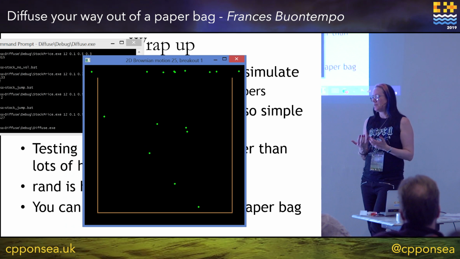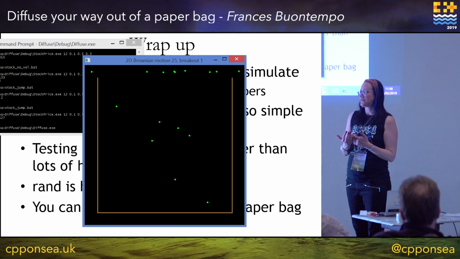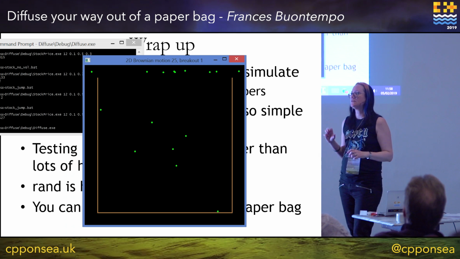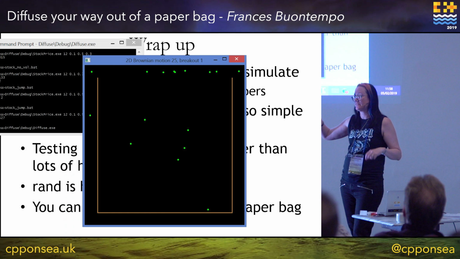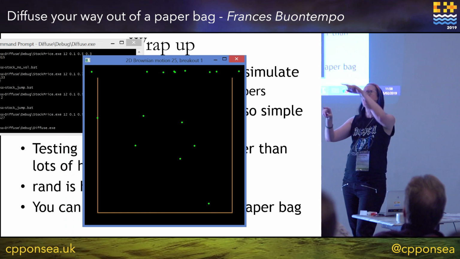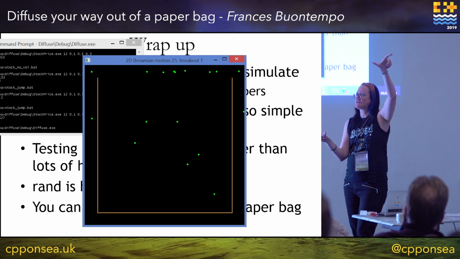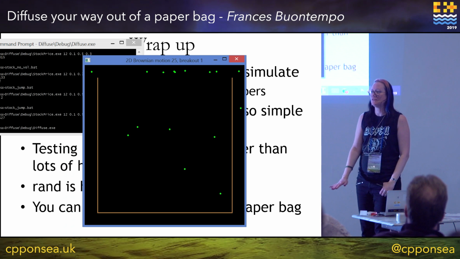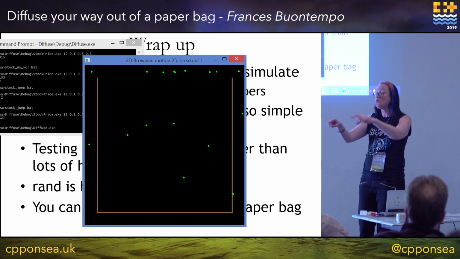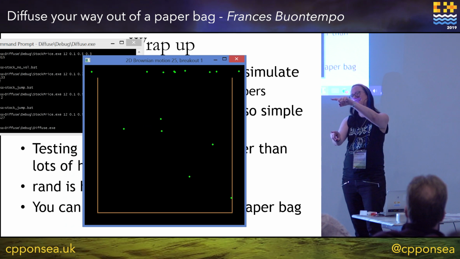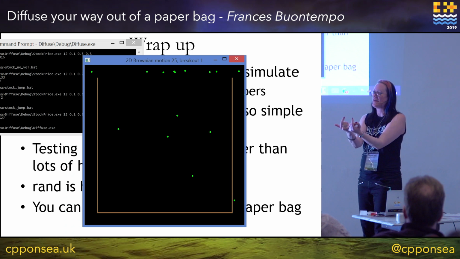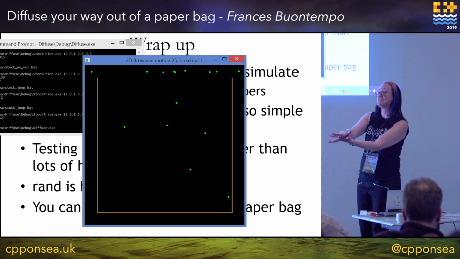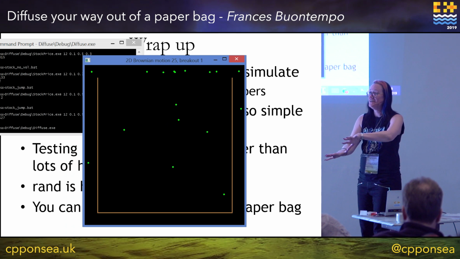One of the places I worked at several years ago, a very clever maths guy had written some code to price some interest rate swaps or something. And I turned the volatility off, and it should have been a continuous function. It went like that, and there was this jump, because he was piecing bits of curves together to make a piecewise curve. He said, but that's totally unrealistic, having no volatility. How dare you test it under those conditions? No, but it should not be jumping here. There's a problem. And he'd gotten an off by one error in one of the for loops, but getting rid of the randomness let you see some of the skeleton, the shape of what's happening underneath.